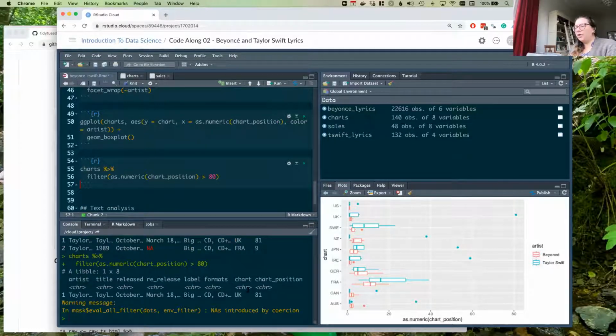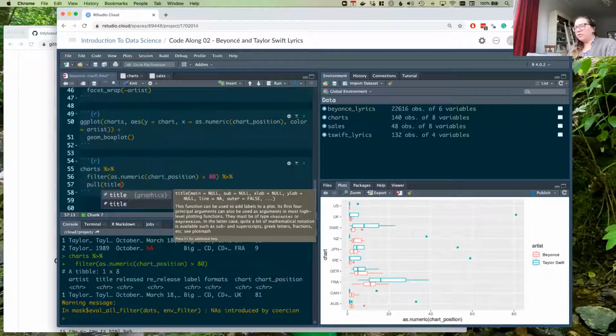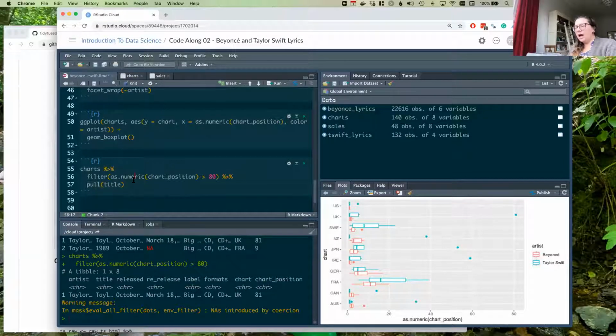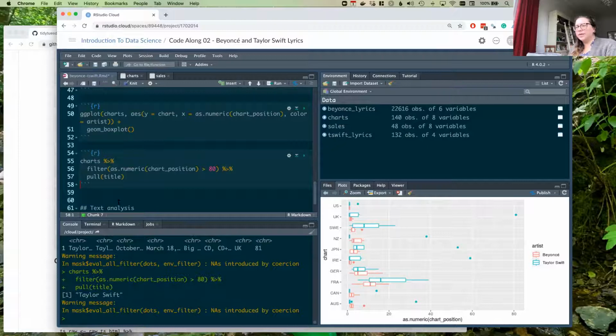So filter it for those that are greater than 80. And it's really hard to read this output. So another function we mentioned in the office hours yesterday was this function, so we can just let it print out for us. So this was the name of the album, the Taylor Swift. Okay.